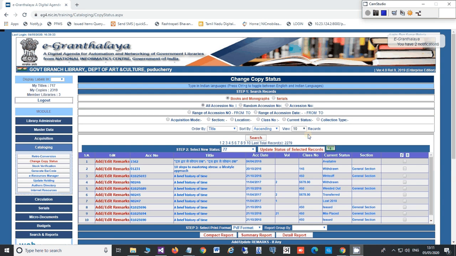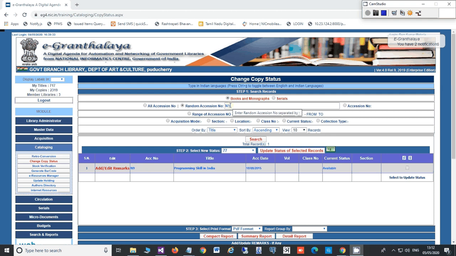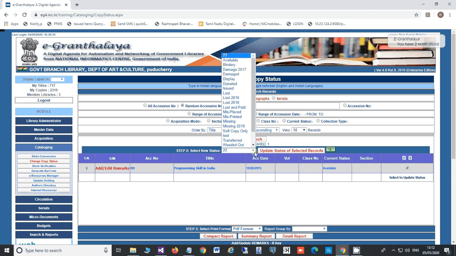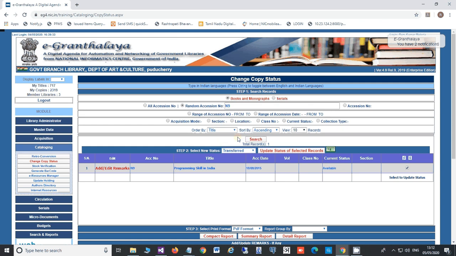This form provides various options for searching a particular accession number, or a range of accession numbers, or accession numbers starting with some letter. Once you find your accession number for which you are going to change the status, select it from the right side, select the new status, and then press this button.